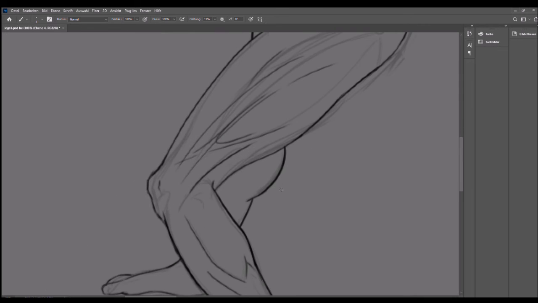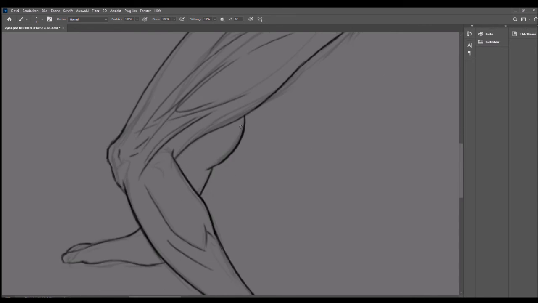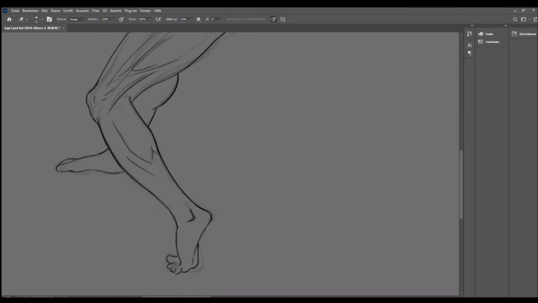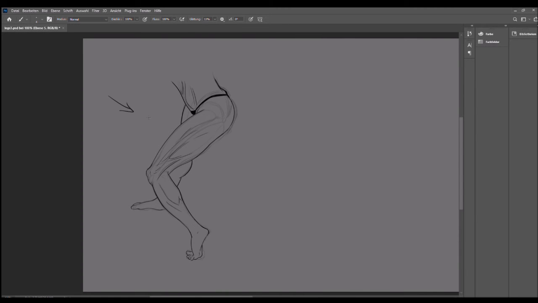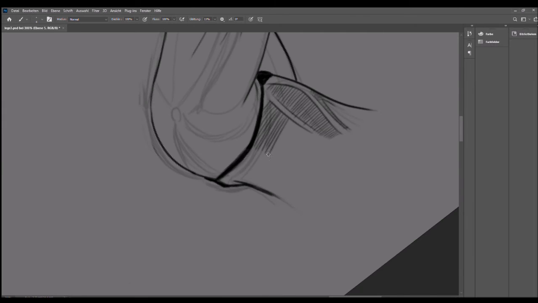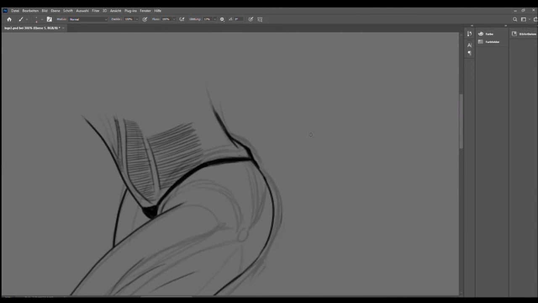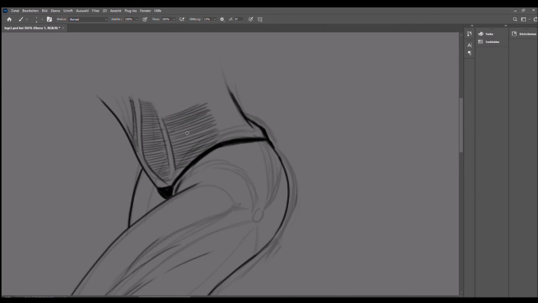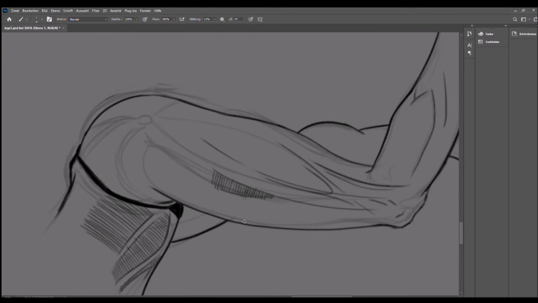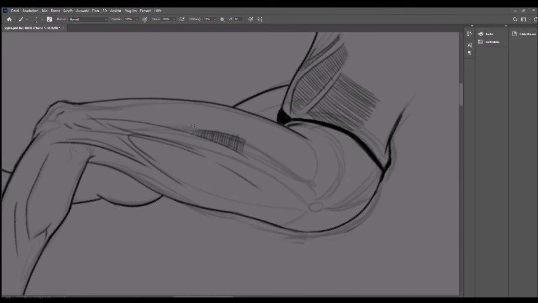So even if you know where the muscles are, you will always experience surprises. Depending on which perspective you're looking at the object from, you will be surprised that this piece of muscle is wrapping itself in front of the other, where you would think that the other muscle would rather be in front. So this is why practice is so important, and repetition and different references,